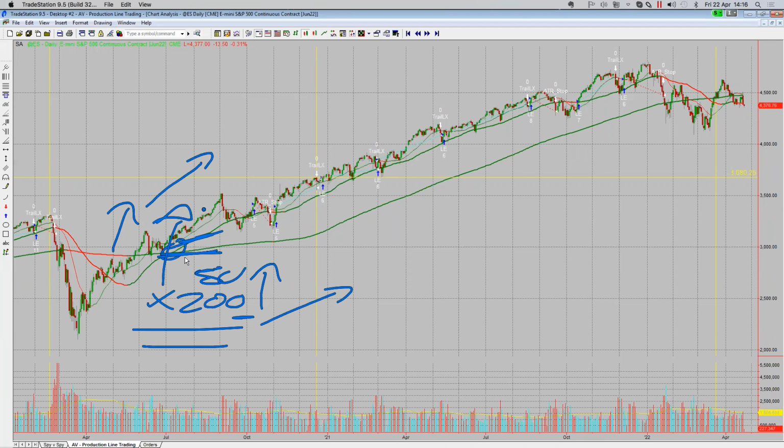So now that we've got our mechanical trend in place, let me just clear the chart up a little bit. Now we've got our mechanical trend in place. I can start to say, okay, well, at that point over here, the trend is up. And now I know that, I can start saying that any downward movements can be considered a dip. Now, to further filter, I don't want to just buy any red day. I don't want to buy any down day. I don't know how long the retracement is going to continue.